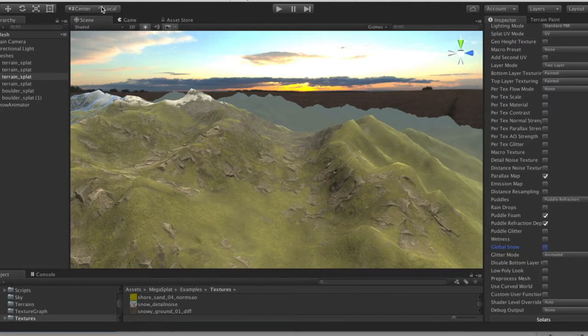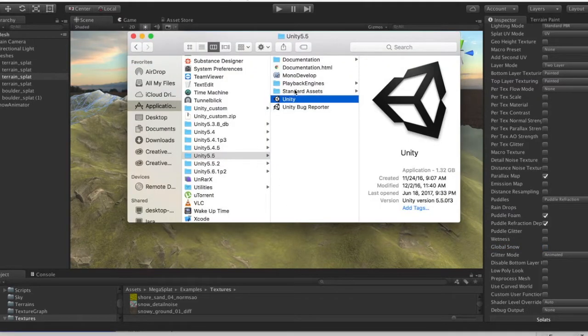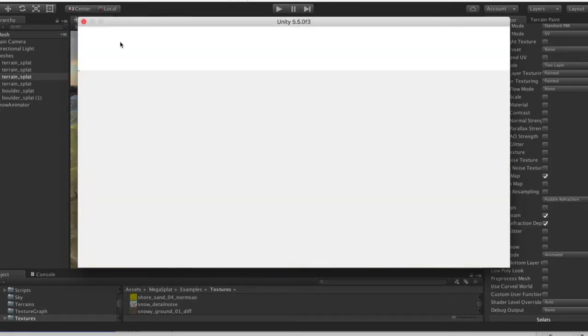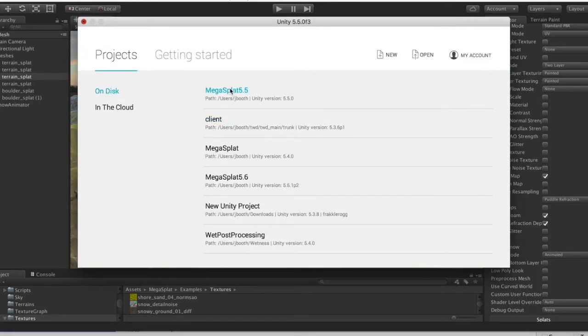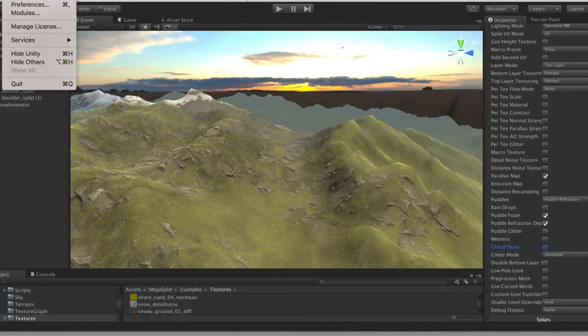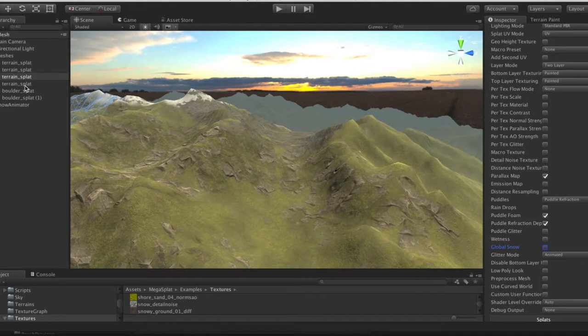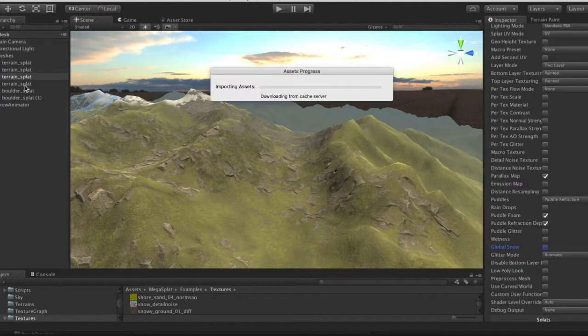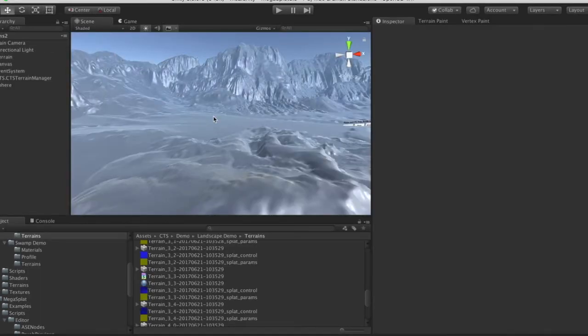So to do that, I'm actually going to leave this copy of Unity, and I'm going to switch into Unity 5.5. I'm going to get rid of this one. And that's just because I have the data for this project in another copy of Unity. Close this one out. All right, so